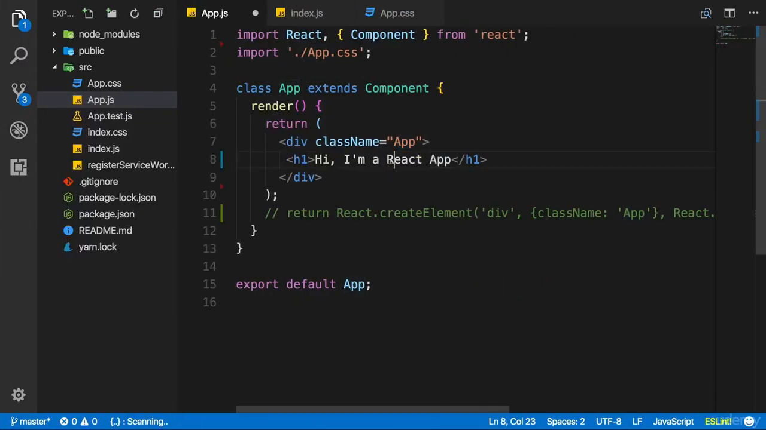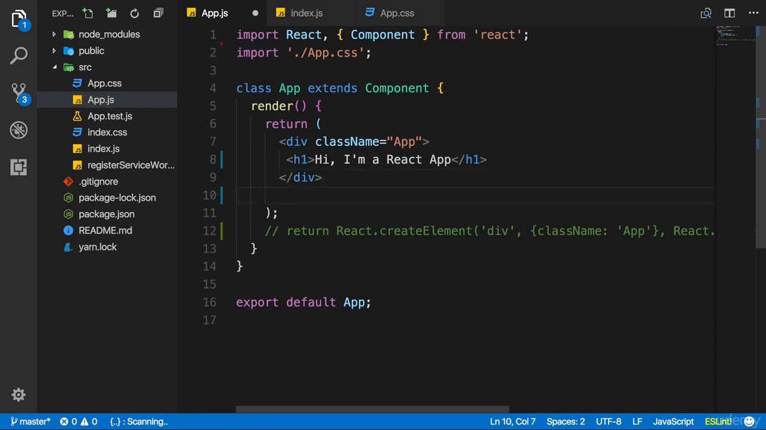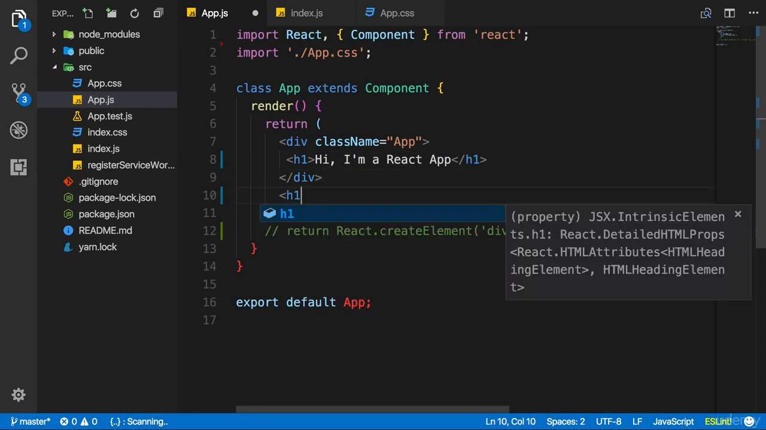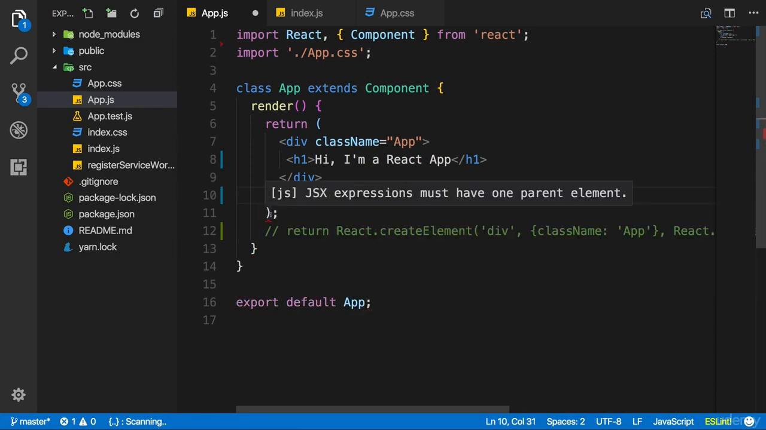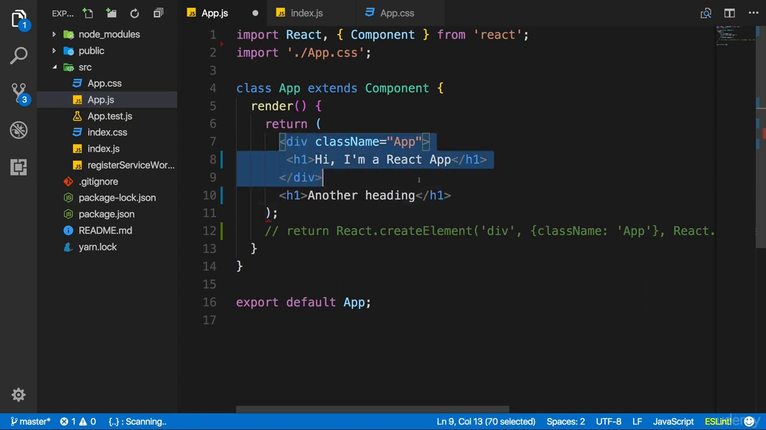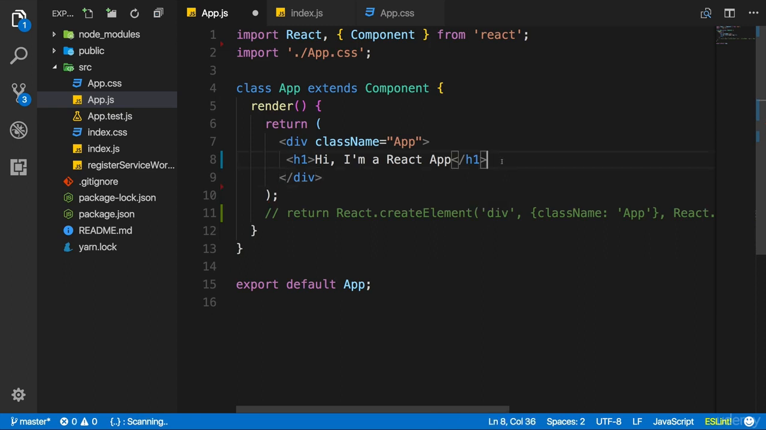Now, another restriction we face is that when we return something here, let's say we also want to return another heading, we actually can't do this here. Our JSX expression must have one root element. Now, with React 16, this is kind of loosened. And we will see in this course that we can actually return adjacent elements in the end. It is a typical thing and a typical best practice to wrap everything into one root element per component, though